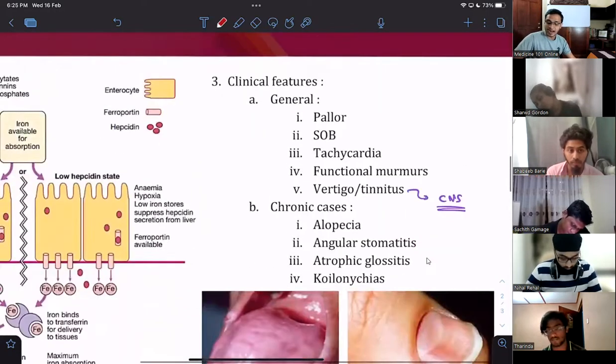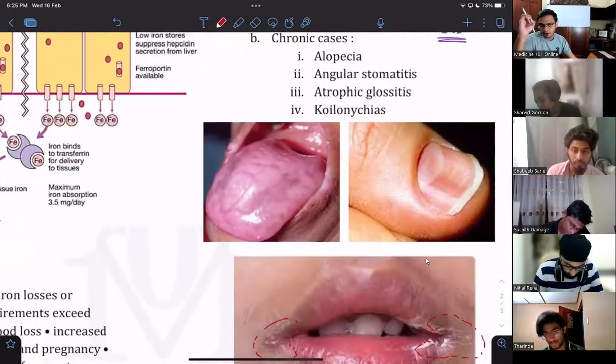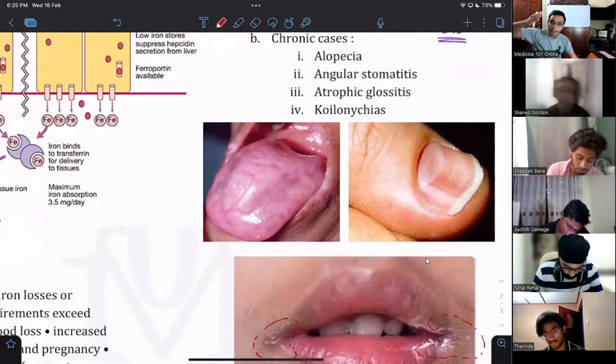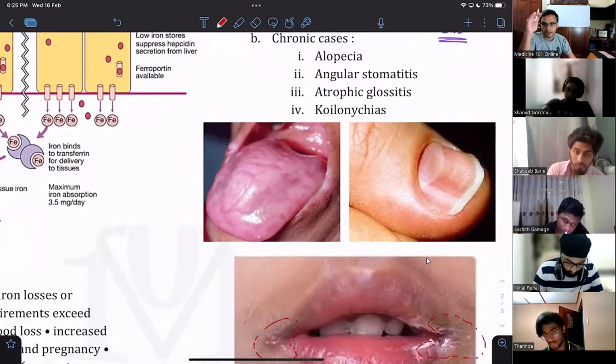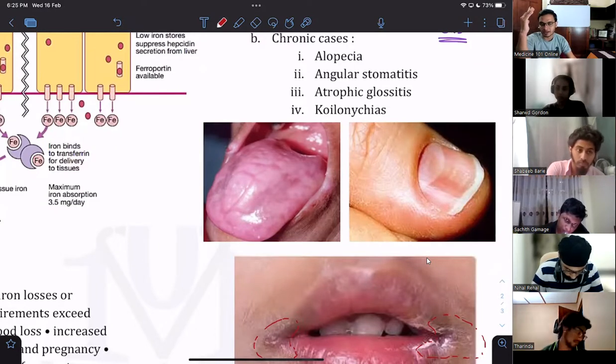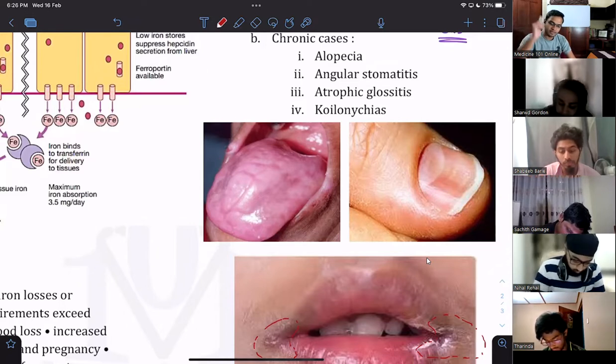And in the same way, atrophic glossitis, guys. Atrophic glossitis is when, due to the hypoxia, you all know in our tongue there are papillae. We talked about this in the GI system, in the introduction part. These papillae are lost, guys, again due to the hypoxia and abnormal cell proliferation, cell growth. So this is sometimes called beef tongue as well. So the tongue becomes extremely smooth. Okay, atrophic glossitis.